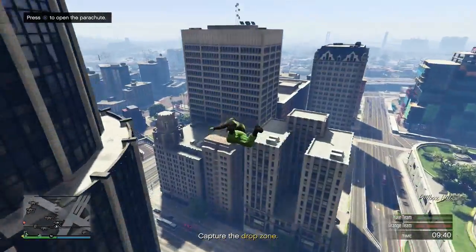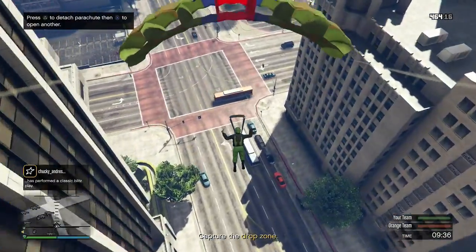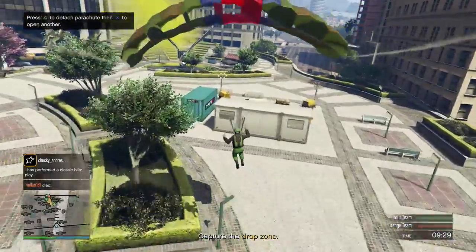So I'm going to pull my chute like right here. I'm going to whip around them. Do the whip and the nay-nay. And then land and then...